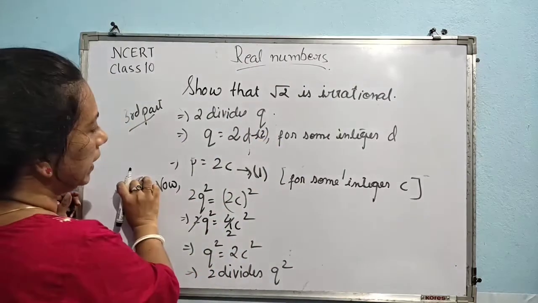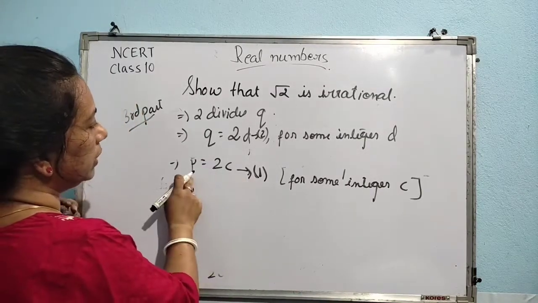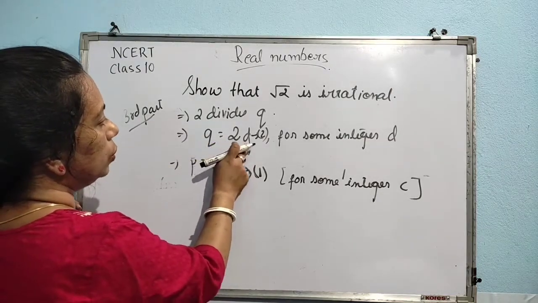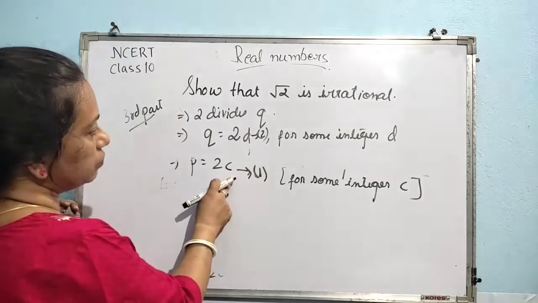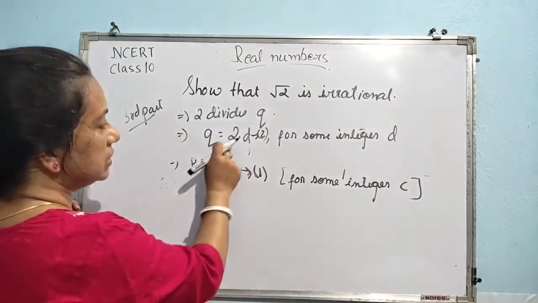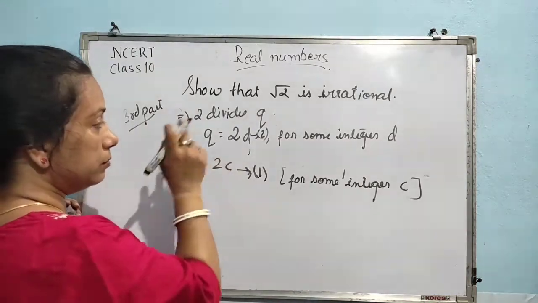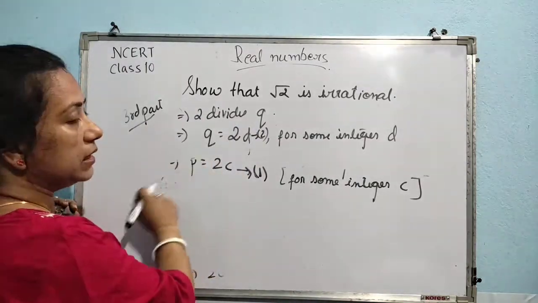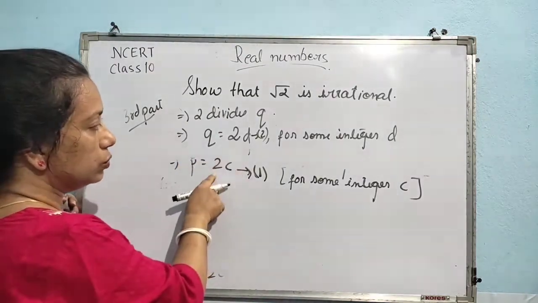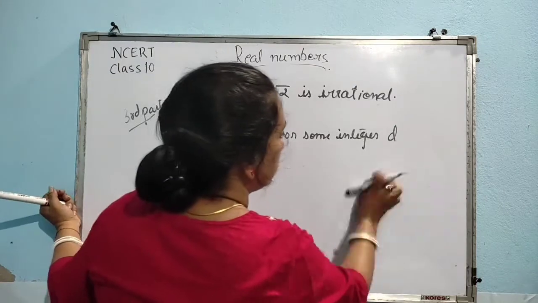So from 1 and 2 what we are getting ultimately, see, this was our equation number 1, we got that p is equal to 2c, and here this is our equation number 2 where I am getting q is equal to 2d. Now from these two statements, what we can conclude, that 2 is the prime number which is a common factor of both P and Q. But ultimately, in the first line we have considered that P and Q are co-prime. They cannot share any common factor. They are having the common factor 2. It means that whatever we have considered, that is wrong.